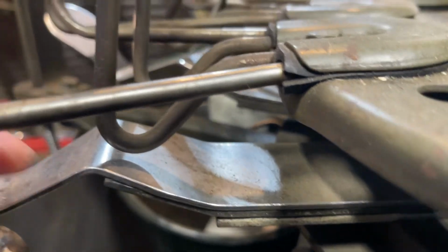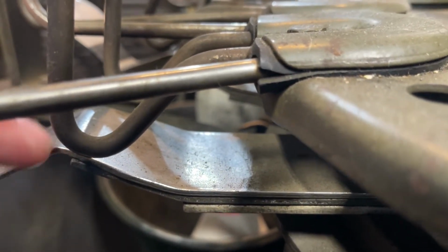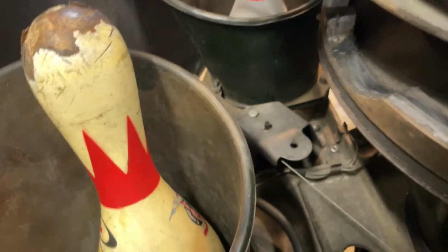Make sure none of your turret wires are hanging up on your spoons right there. You want to make sure there's a clearance in there, that none of your wires are rubbing. You'll see a rub mark on there normally if it is, but you want to make sure that there is a little gap in there between the spoons. You might have to bend them down a little bit. You want to be careful you don't break off one of your bolts, but you want to make sure you got a gap here and you're not having anything keeping that spider, when that turret advances, from locking back in place. You see how that gap is pretty small, but as long as you got a gap there, you're good. But you'll see a rub mark on here if it is, but fix